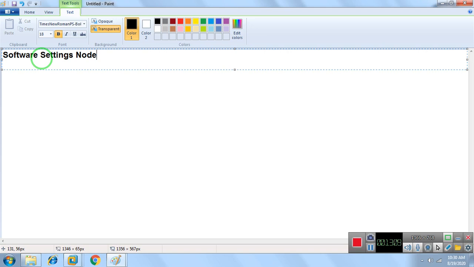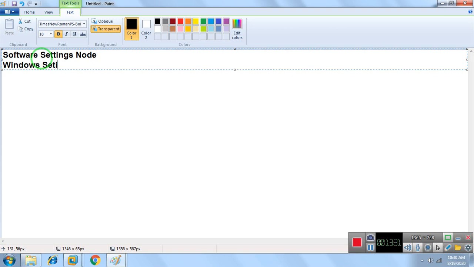Imagine I have 10 users, user 1 to user 10. I want these 10 users to not be able to install software in my domain network, so we can go for that. Or I want these 10 users to not be able to access any software in my domain network, so we can go for that also.